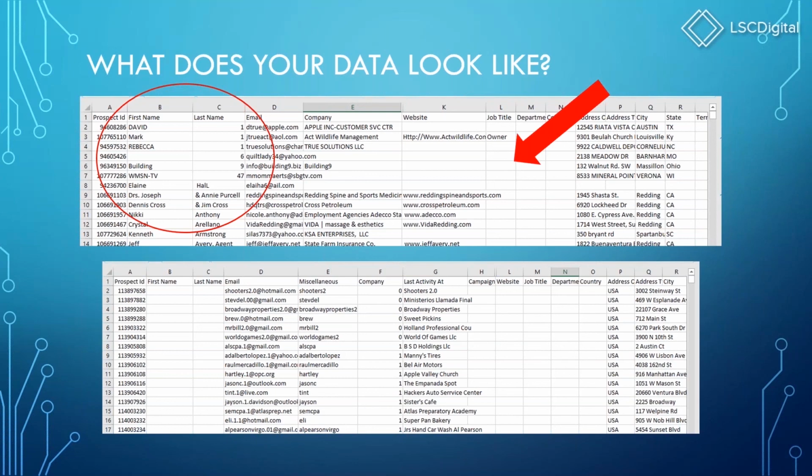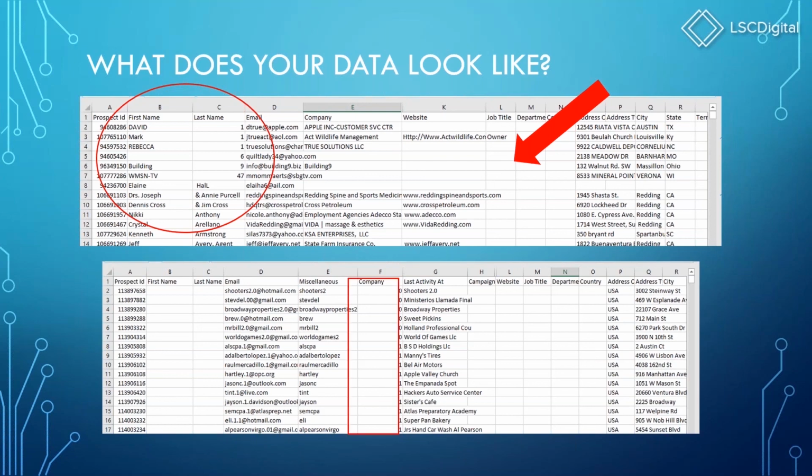If we start looking over to the right-hand side, in column E, the company, website, job title, it's not complete. Some records do have company or website, and some don't. Also, looking a little bit closer at the website field, you have different formats of how the URL is in there. No job title, no department, etc. And I'm sure there's a whole slew of other issues if we kept on going to the right.